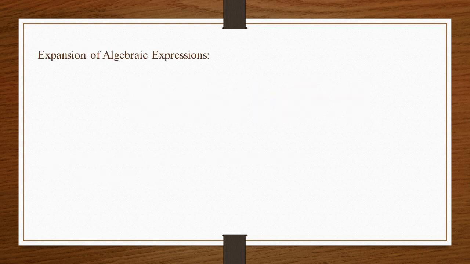Expansion of algebraic expressions. Find the product. Now here is a question: 2xy square into 3xy square. The method to solve this question is coefficients with coefficients, variables with variables. As you can see, we have multiplied this one, or you can do this on the rough side of the page, or you can also mention this in the solution. It's your choice. Here 2 is a coefficient, 3 is also a coefficient because they are along with the variables.